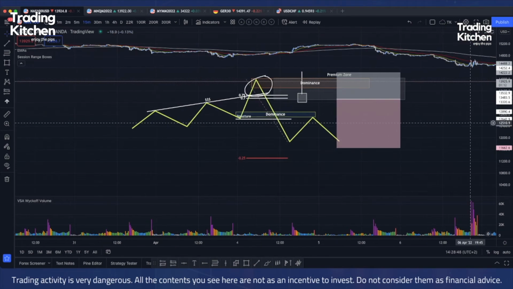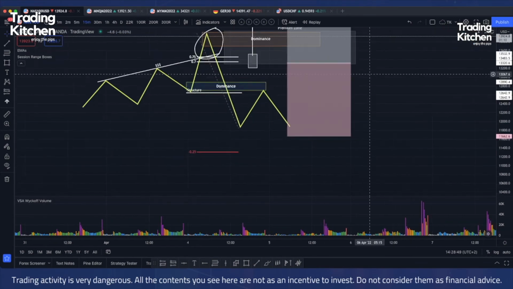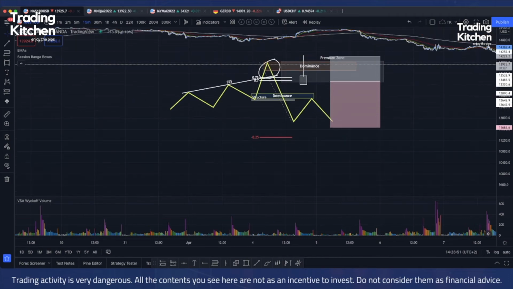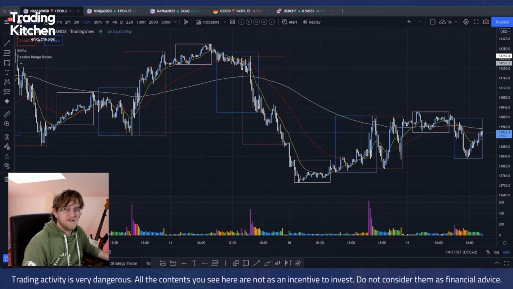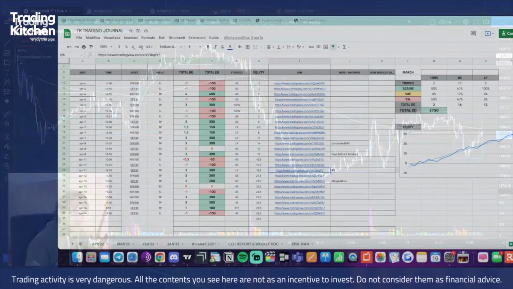I will not repeat the same concept for a bullish trade, it's the same thing. So guys, this is basically the logic that is behind this pattern, and let me show you some examples